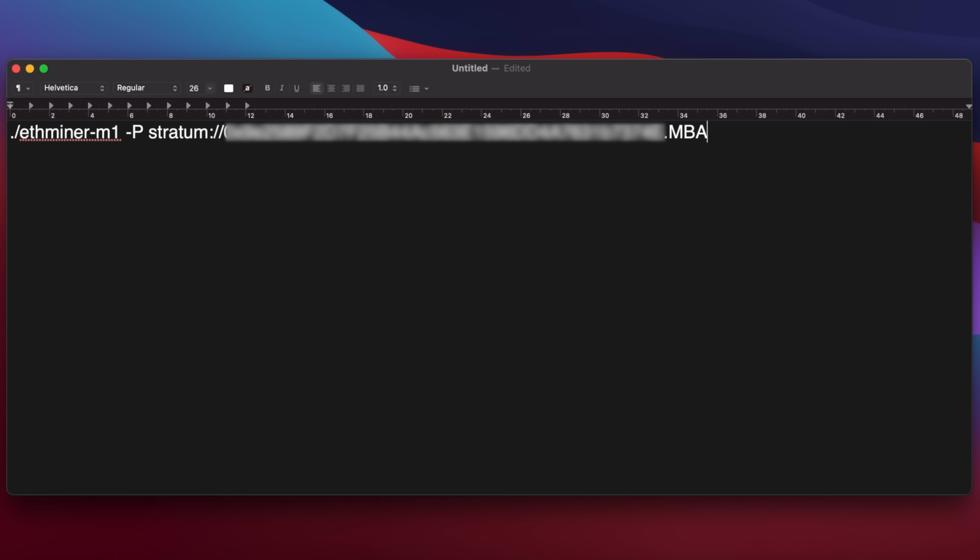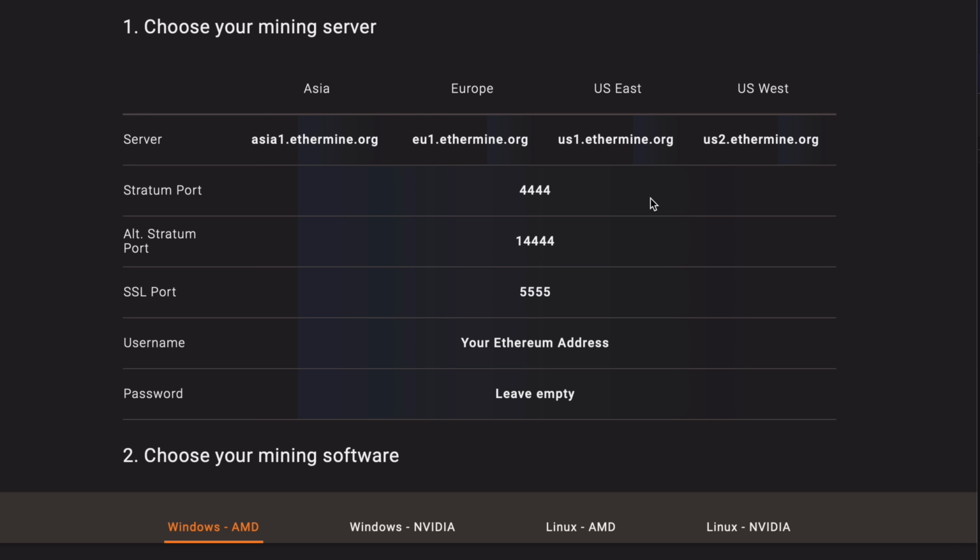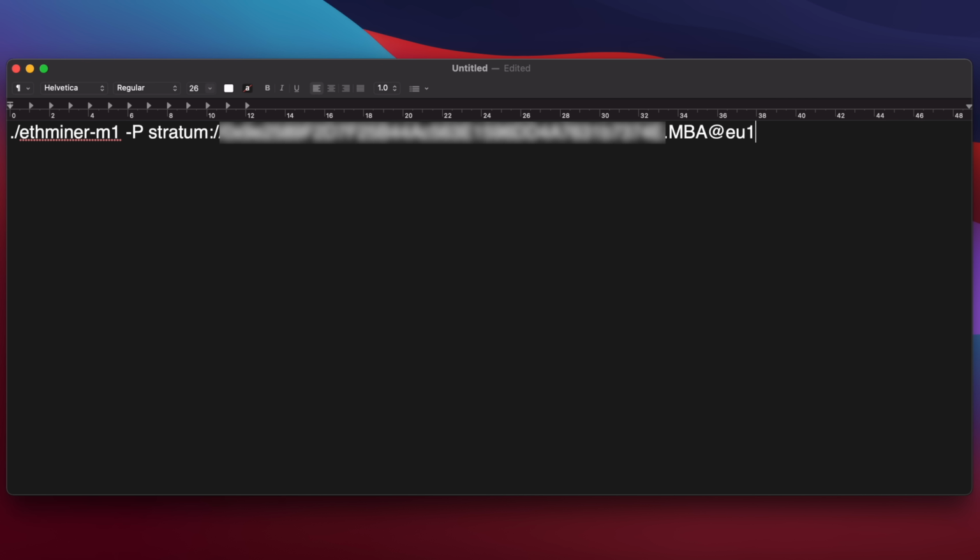Immediately after the worker name, type an @ sign. Now you need to type the URL of the pool server. Ethermine has different servers depending on which part of the world you're in. Since I'm in Europe, I'm going to use the European server. So after the @ sign in the text file, I'm going to type